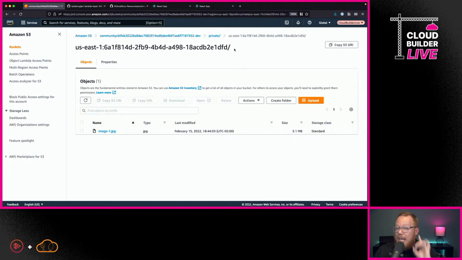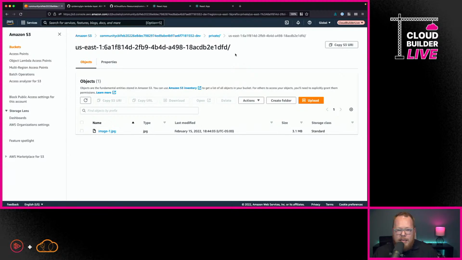Now, you can also use identity federation outside of Cognito. So you could utilize something like Active Directory, for example, to be your user database that could then know how to work within Cognito with an identity pool to also get back credentials. So again, there's a lot of complexity there based on what you want to do, but there's a lot of things that are possible based on how you need to configure authentication and authorization for your application.